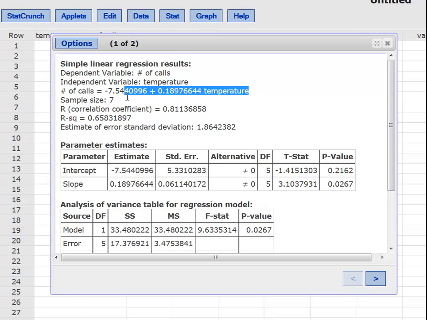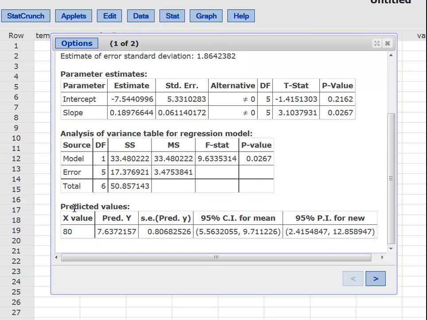And I'm going to highlight this. This is your regression equation. So the number of calls is equal to negative 7.54 plus 0.189 times temperature. You don't see a multiplication sign in there, but that means multiplication when they're next to each other. And if we scroll down, the predicted value, we have the temperature at 80 and the predicted Y value, which is the number of calls, is 7.6. You can just round that up to 8. So when the temperature is 80 degrees, you can predict that there'll be about 8 calls